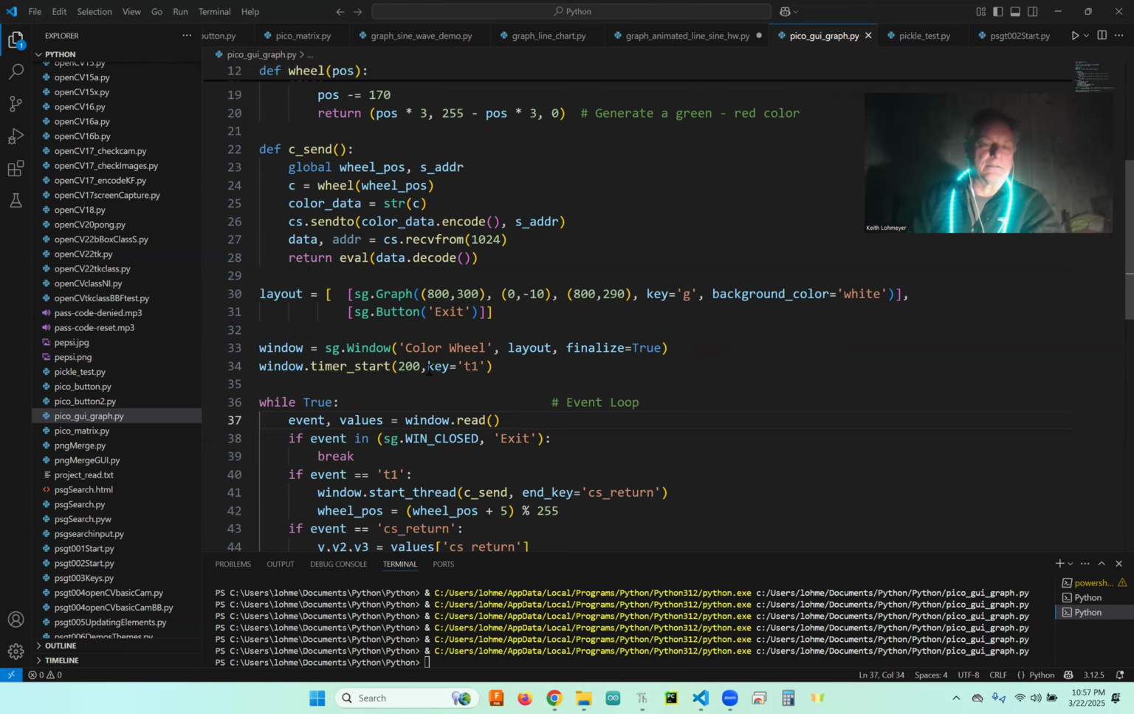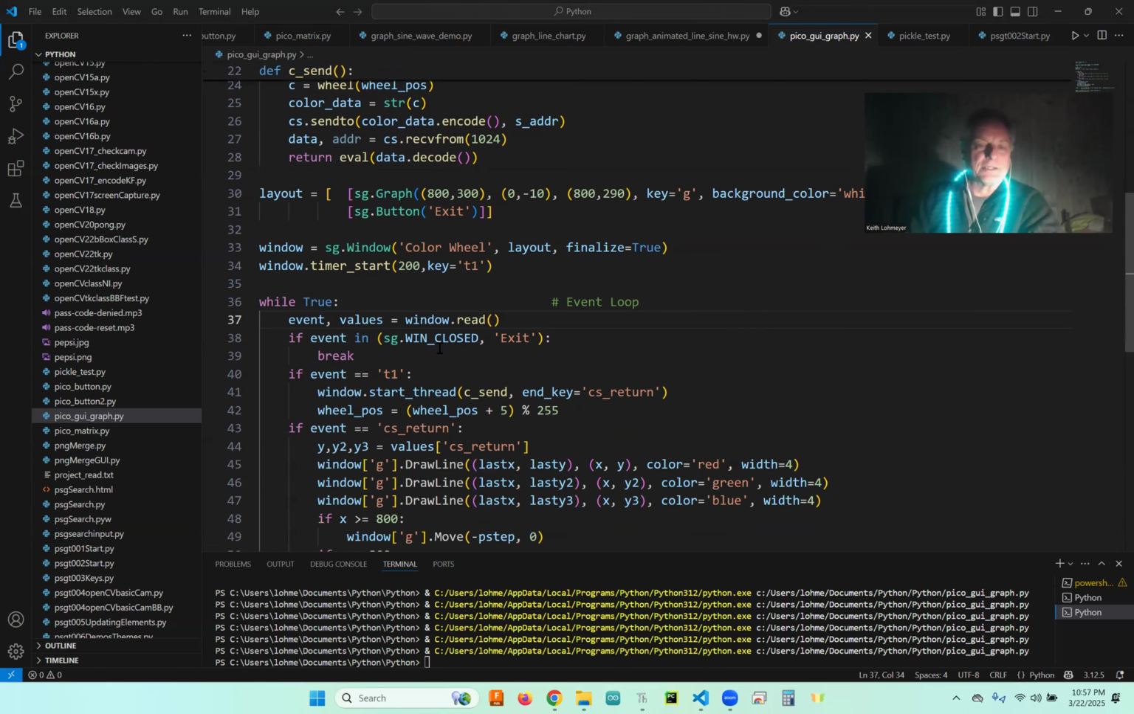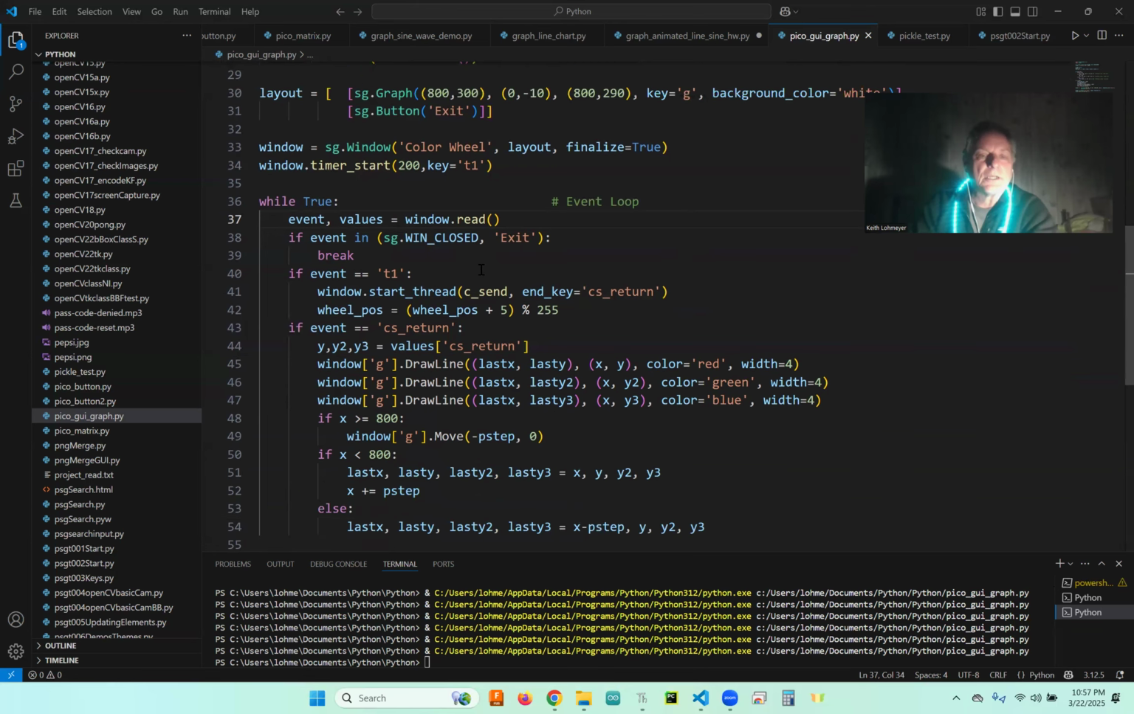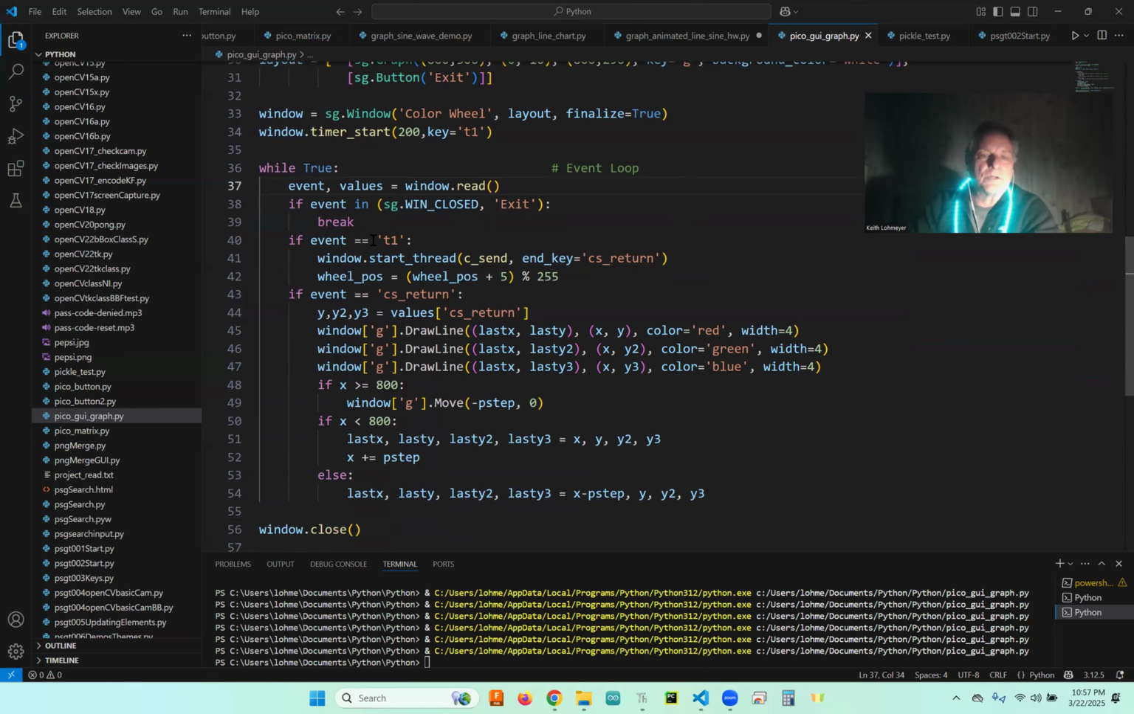So we're sending out an event every 200 milliseconds. And then we get into our event loop where we're reading our events. Like I said, every 200 milliseconds it'll send a T1 event. So first we're looking just to make sure that we didn't get a close or the X in the corner. If it is, we'll break out and close with our window close down there. So here we've got the T1 event coming on, and every 300 milliseconds, this is going to be an event,